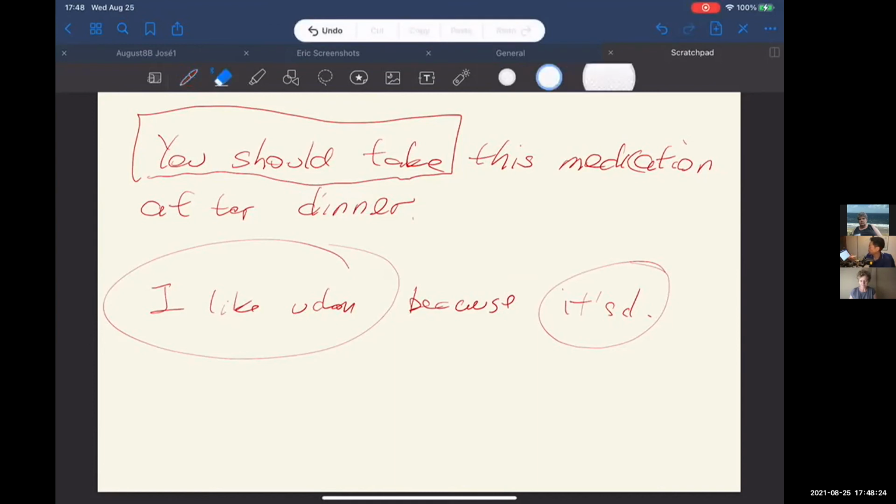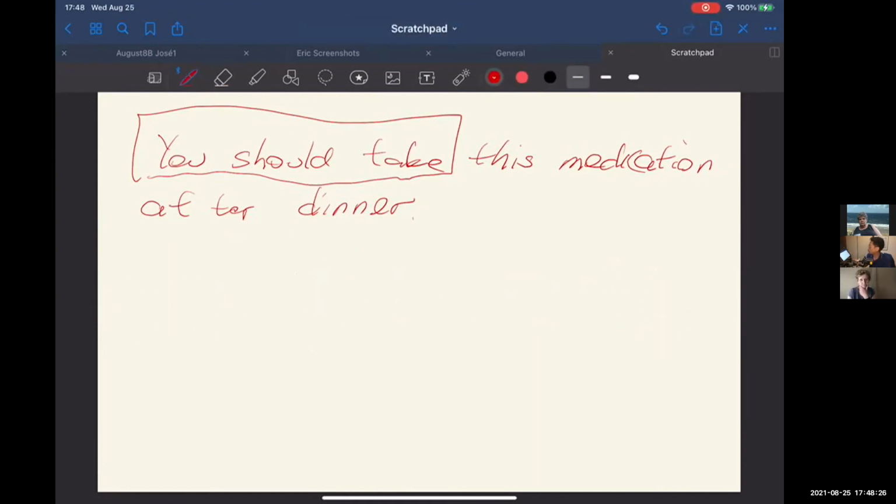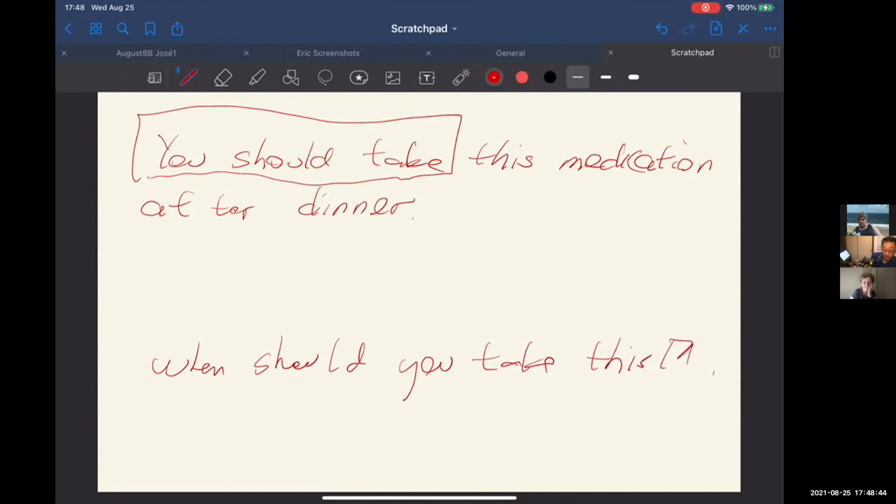So let's remove this. And after you get to "should you take this medicine after dinner" as the basic question, you can start introducing, when should you take this medicine? You should take this medicine after dinner. Exactly. And then you can change that over to, what should you take? What should you take after dinner? And start showing that "what" requires an answer of a different type of information as opposed to "when," which is a requirement of time. And they go, oh yeah, that's true. That was always in my textbooks. But now they're actually saying it.